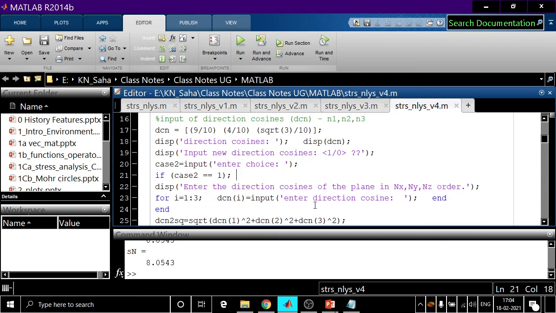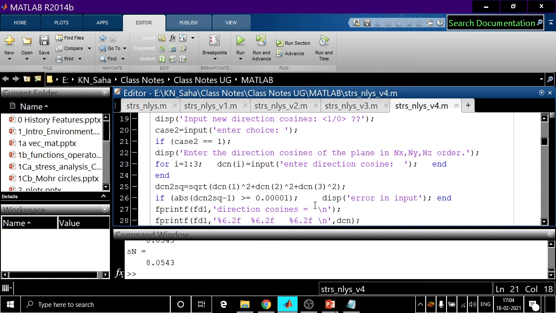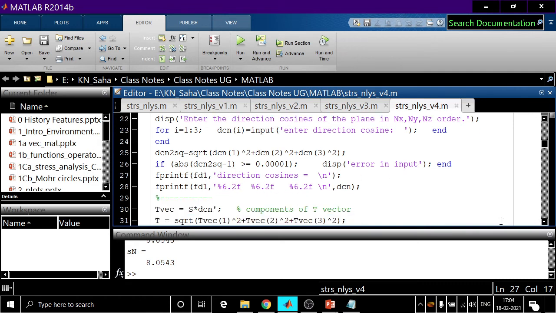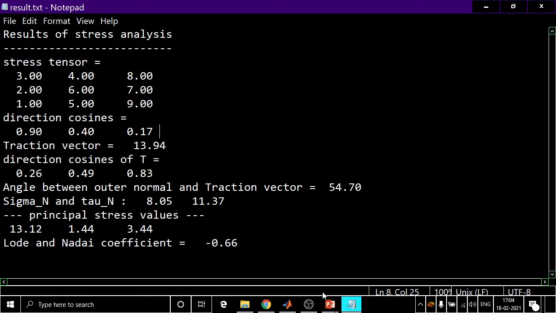So when this part is complete, we now write it in this file, direction cosines. Okay. And then the same thing, this variable DCN has only 3 components, nx, ny, nz. It is there. Direction cosines, these 3 components.